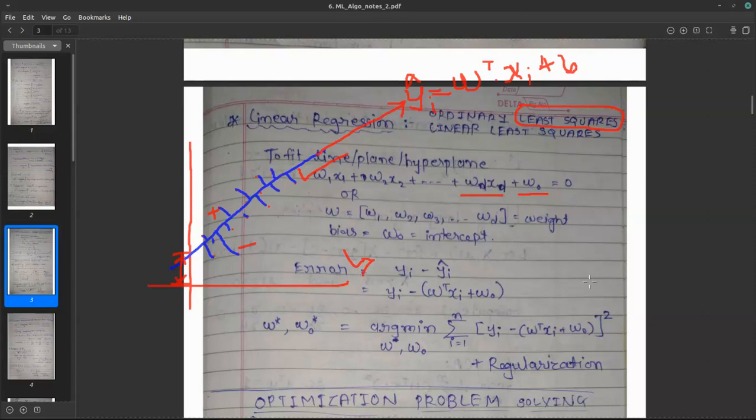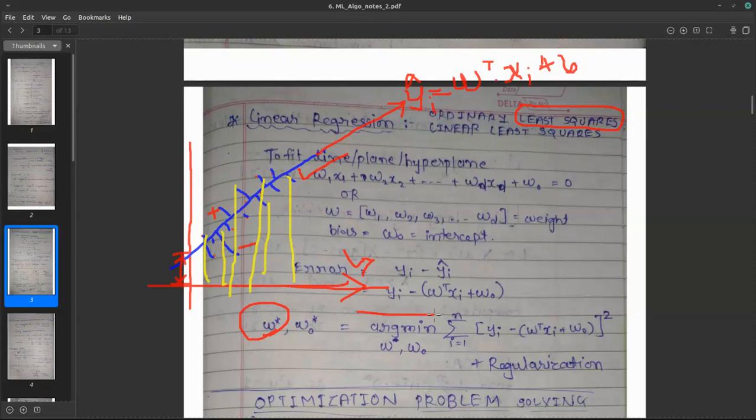Now what I'll do, I need to minimize the square of the error, right? So I need to find the optimal value of w star, that is nothing but w1, w2, w3 up to wd. If you take everything as 0, 0, 0, definitely you are making some mistake, right? You are making a mistake here, here, and here. So you can start at 0, 0, 0. Now you want to find some w such that you are making the least error, or I should say least squared error, right? That's why it's called ordinary least squares or linear least squares, right?